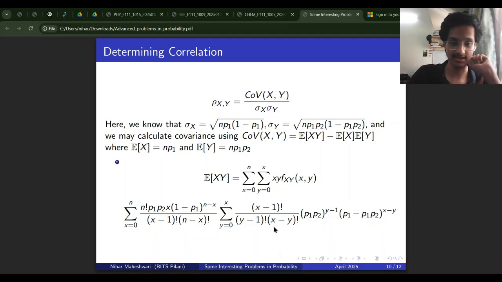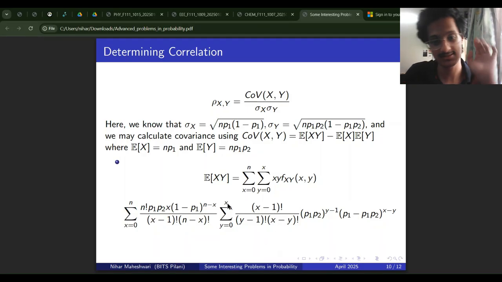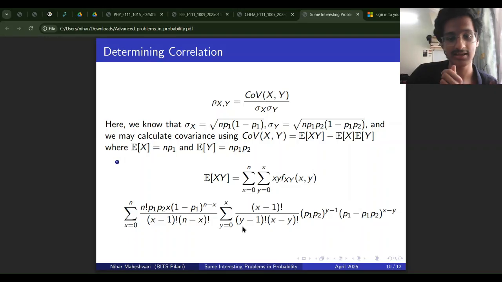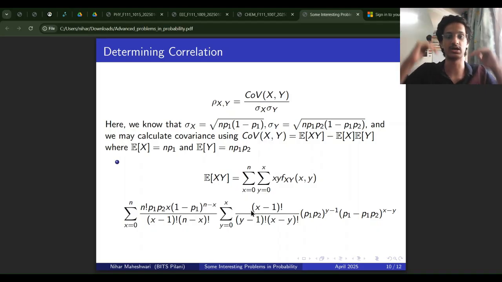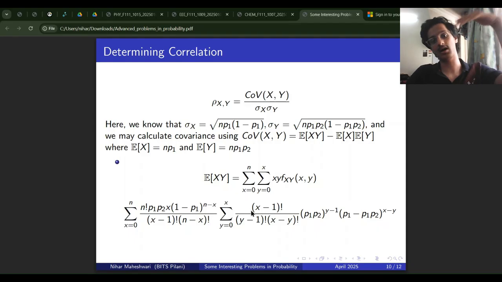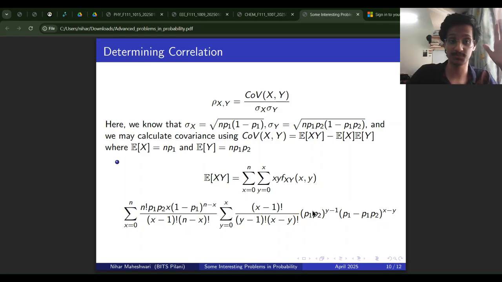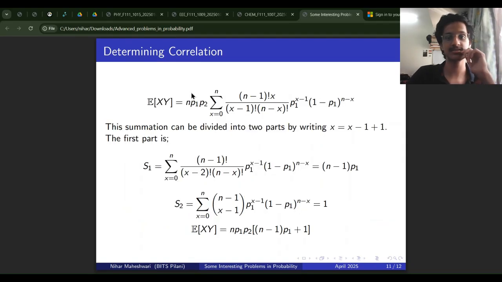The reason for that is that you actually have to notice that although you're varying y all the way from 0 to x, your upper limit is effectively (x minus 1), because your binomial coefficient is x minus 1 choose y minus 1. So the highest degree term in your expansion is going to have the power x minus 1. That's why it's actually p1 p2 raised to power of x minus 1. I hope that's clear. All right, great. And that's basically what I did. I wrote that out, and